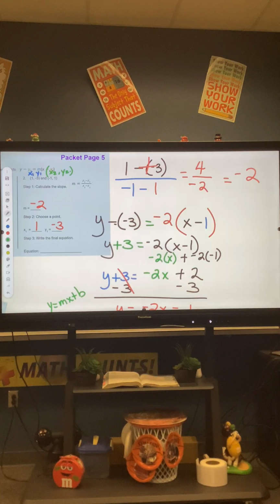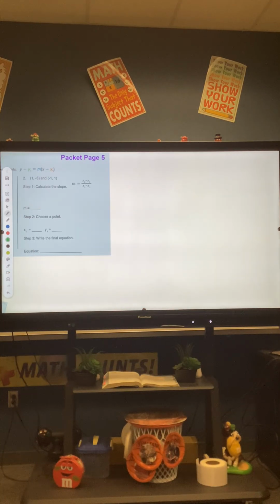So here's what I encourage you to do. Don't miss any days of school for the next 2 weeks, because this right here is where we're going to spend a lot of time. And after that, we're going to talk about parallel lines and perpendicular lines. Okay, so I'm just trying to get you ready. I know some of y'all are overachievers, and you're going to go watch the videos that we're putting up, and you'll go to the Canvas page, and you're going to review